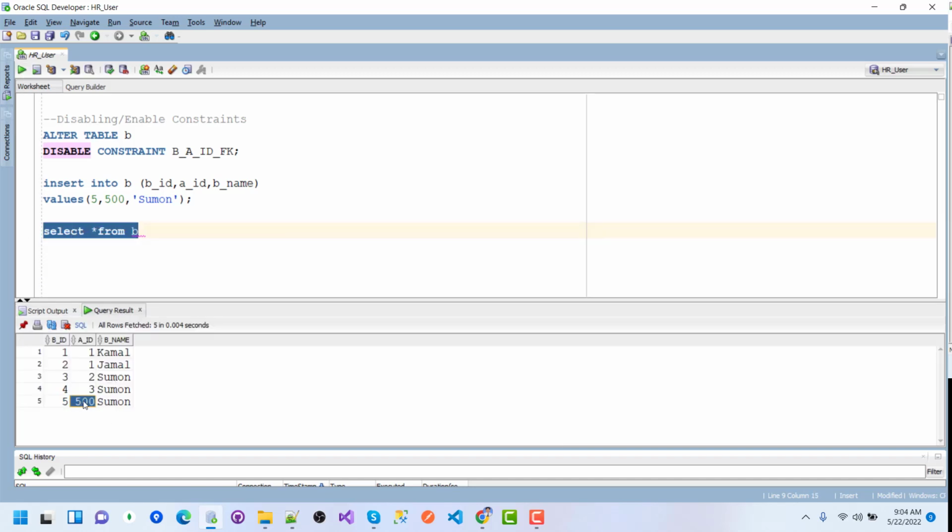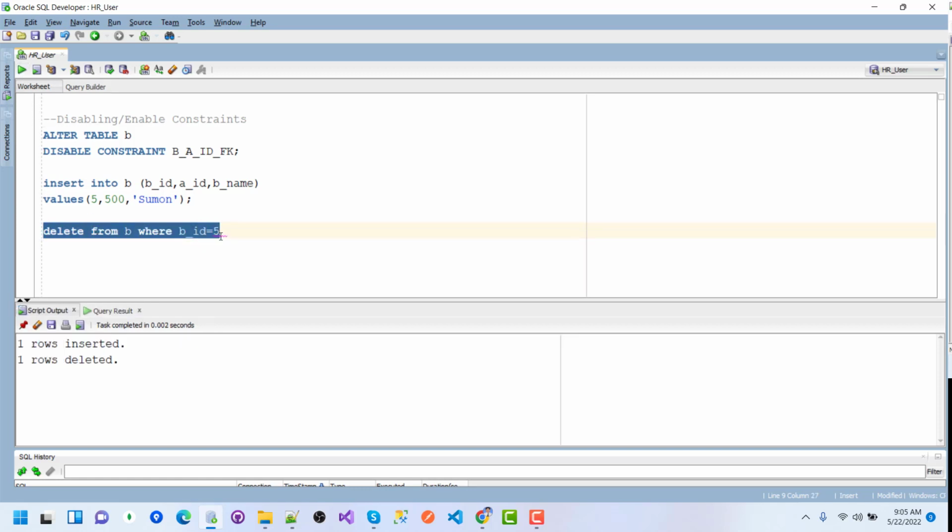So here we can see another record in table B with ID 5 and AID 500. This is possible because we do not have any active constraint in table B. So I just want to delete the last record with ID 5 from table B. The record with ID 5 was deleted successfully from table B,